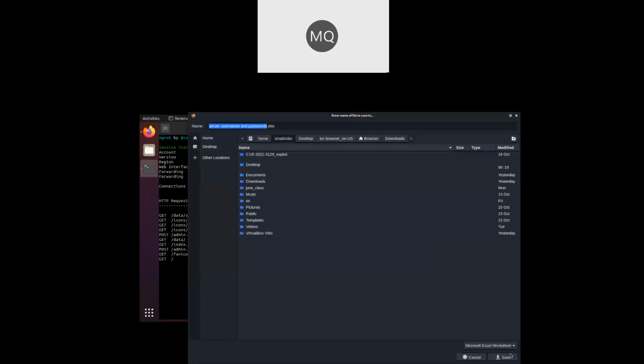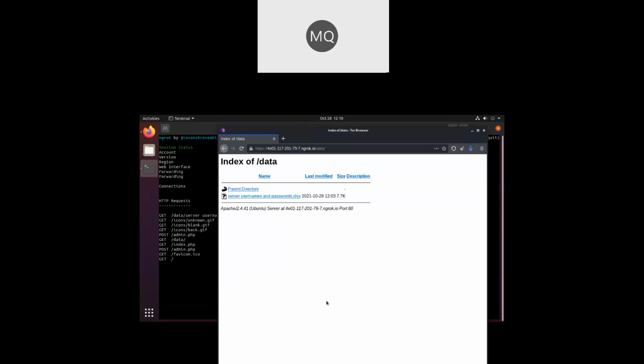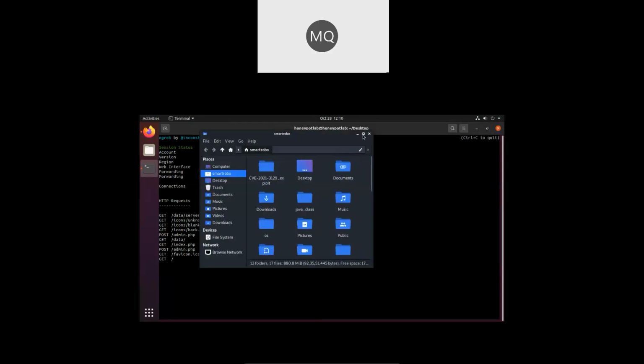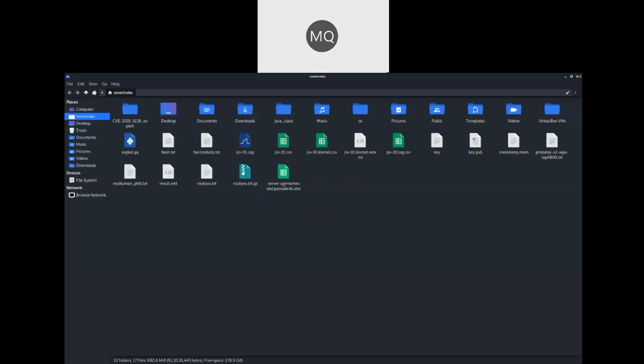I'm just saving it there. When I save this file, it is saved on the local system of the attacker. So this is the local system of the attacker. When the attacker opens this file,